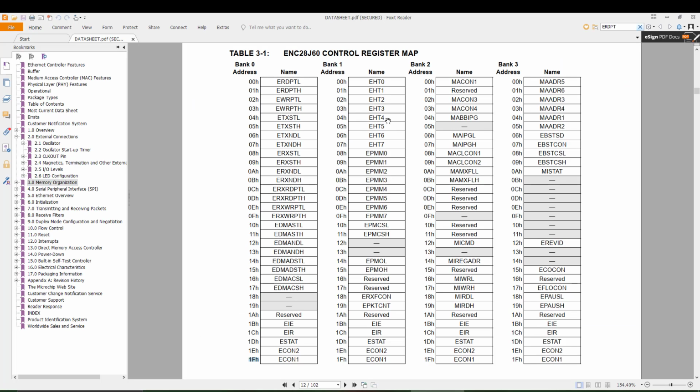This we will do later. For testing purposes, just to test whether the SPI interface is working okay or not, this is enough. So we will dump registers from 00 to 31, that is 1F. If you convert this hexadecimal value to decimal, it will come to 31. So we are dumping registers from 00 to 31. The values of all these registers will be dumped to the serial port.